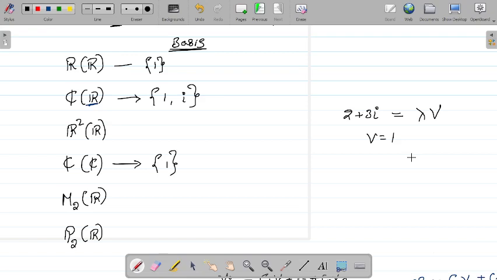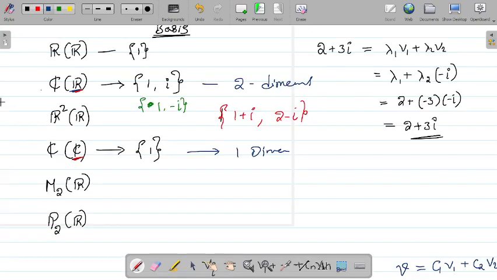And of course, I'll give one more: 1 plus i, 2 minus i. You can check that this is also a basis for C over R. Actually, in future you can see. It means we can have an infinite number of sets. Yeah, when it comes to basis sets, that is not unique. Basis set is not unique.